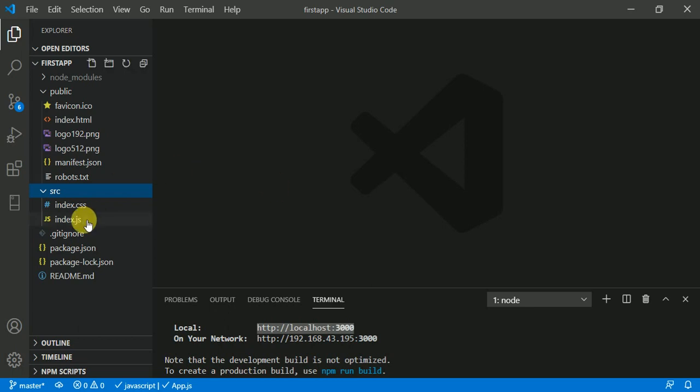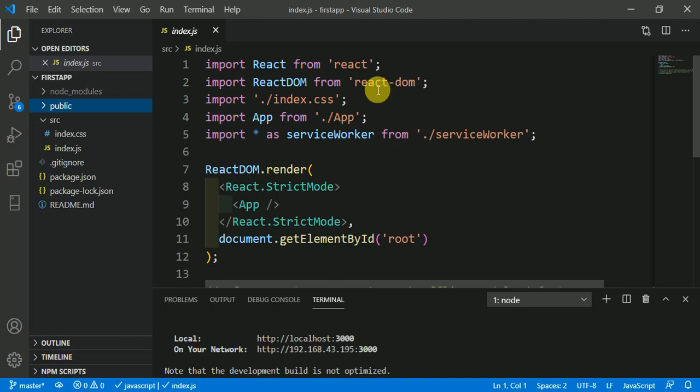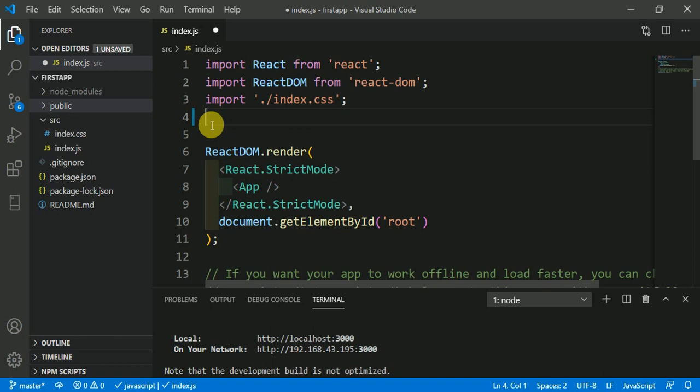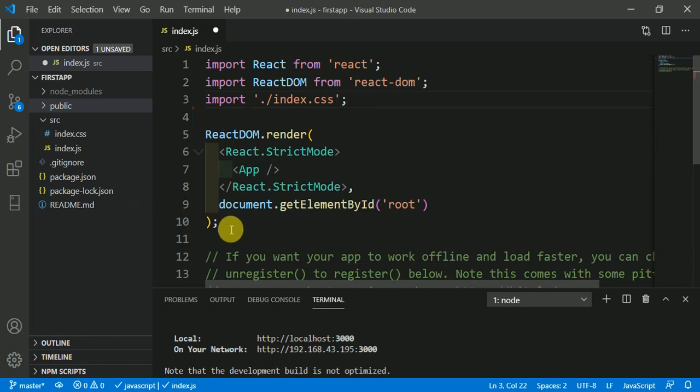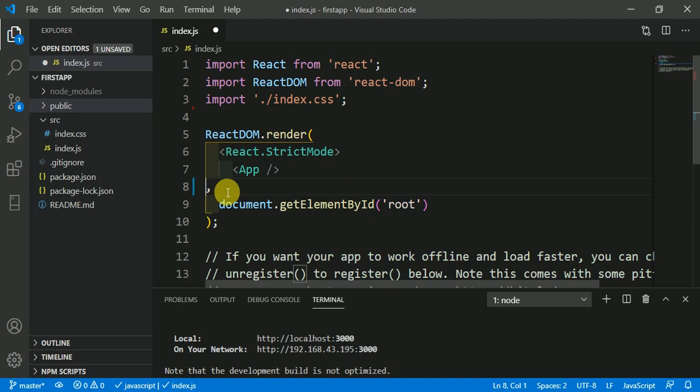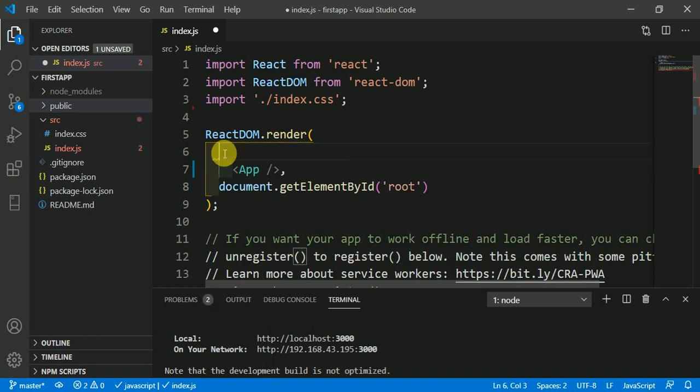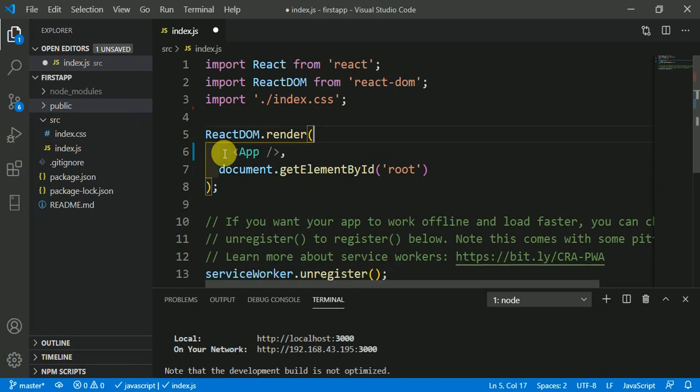Now open index.js here. Here React DOM and index.css are already imported. We don't need this app and service worker, so just remove it. And we also don't need this, so I'm removing this. React.strict mode. Okay,